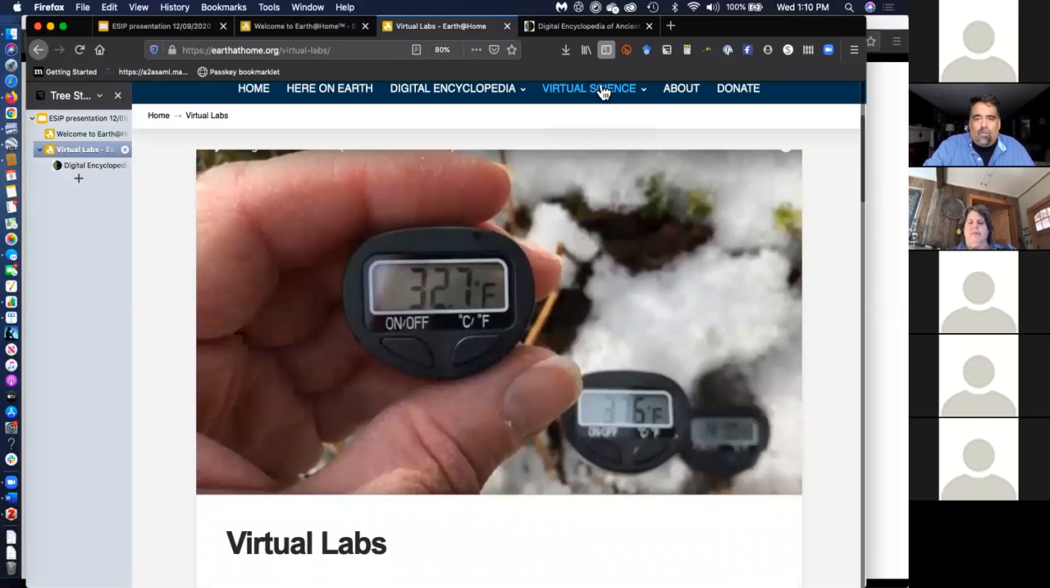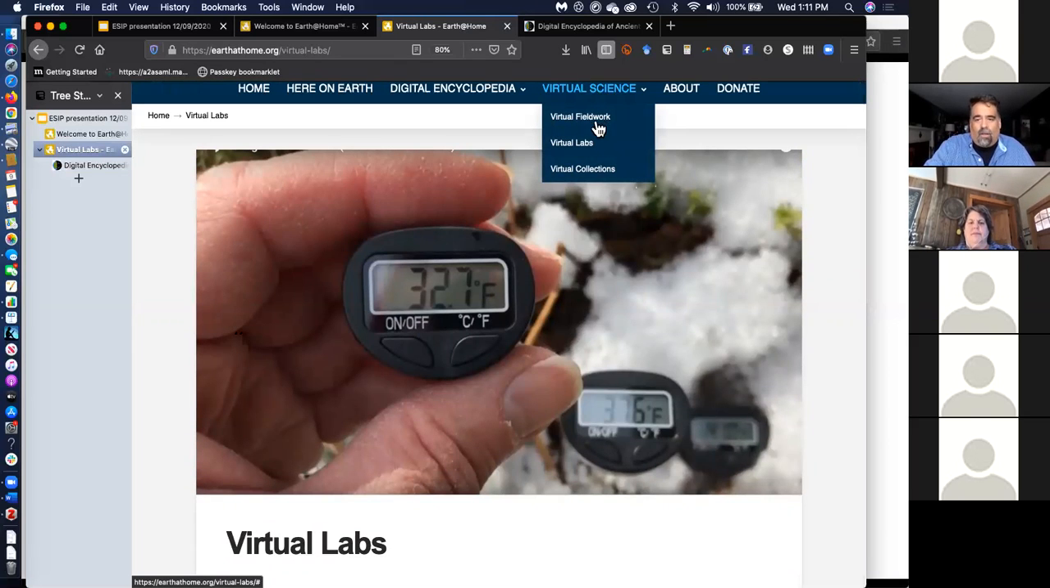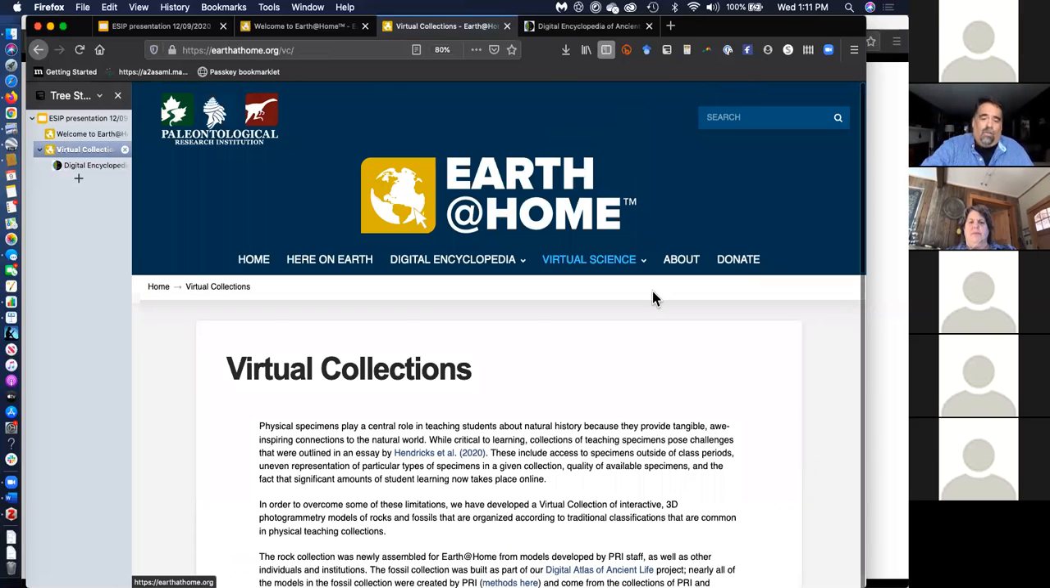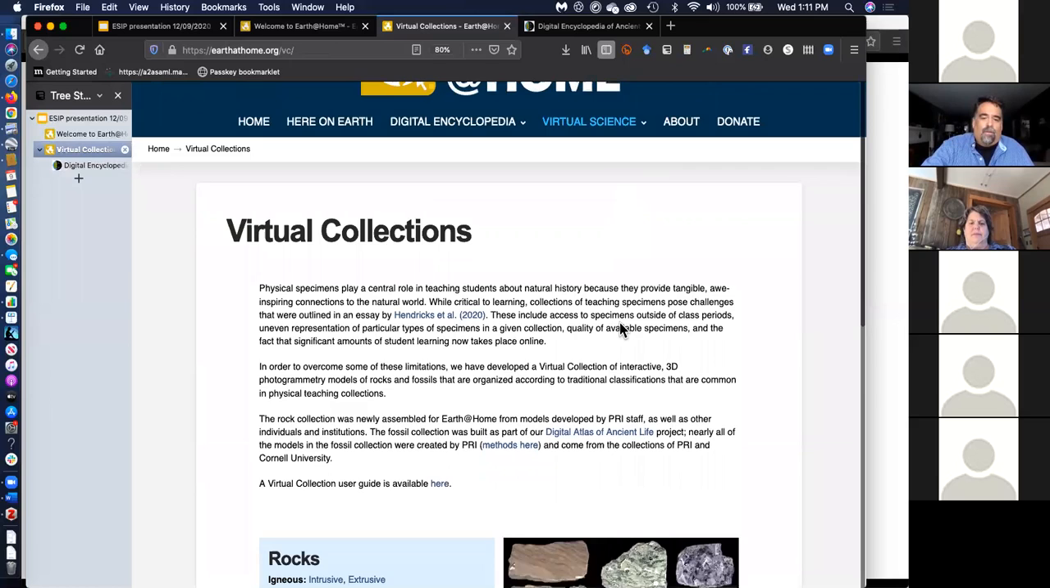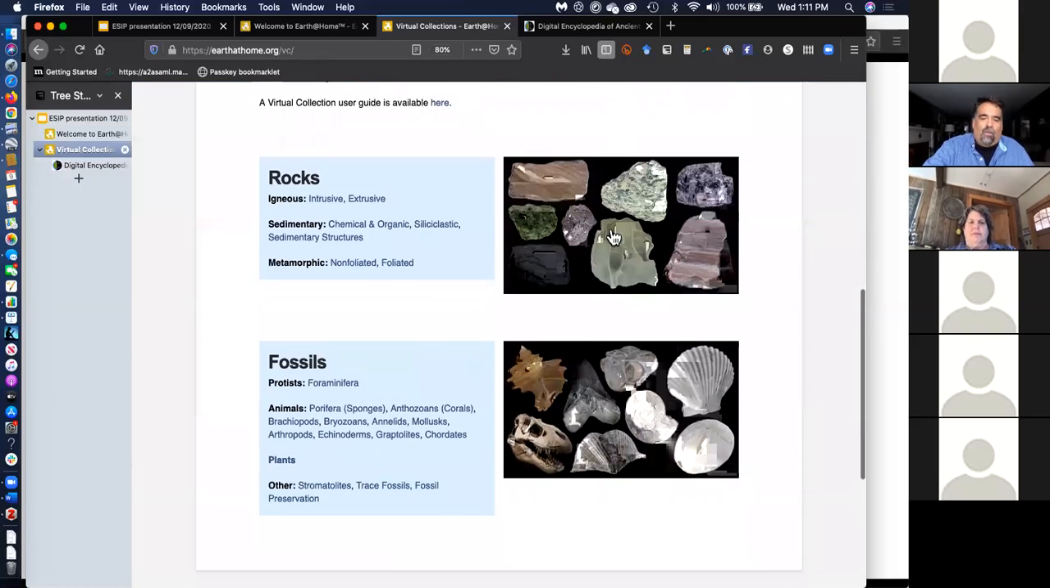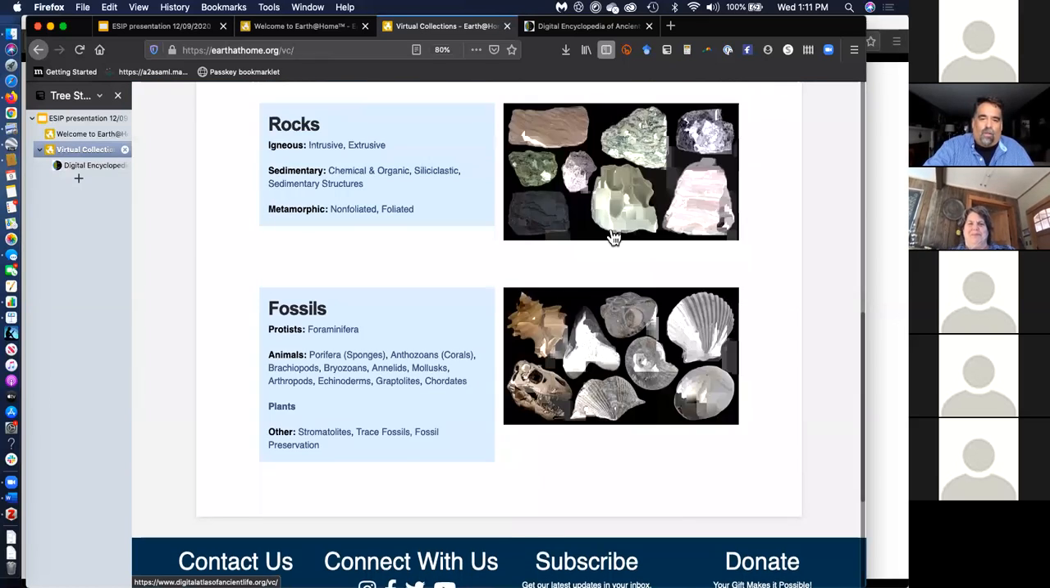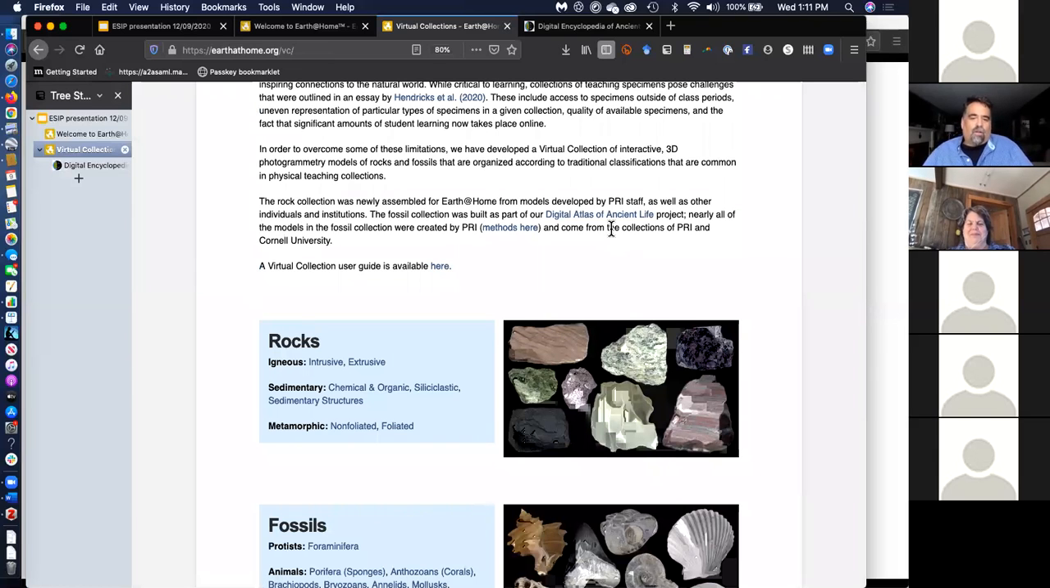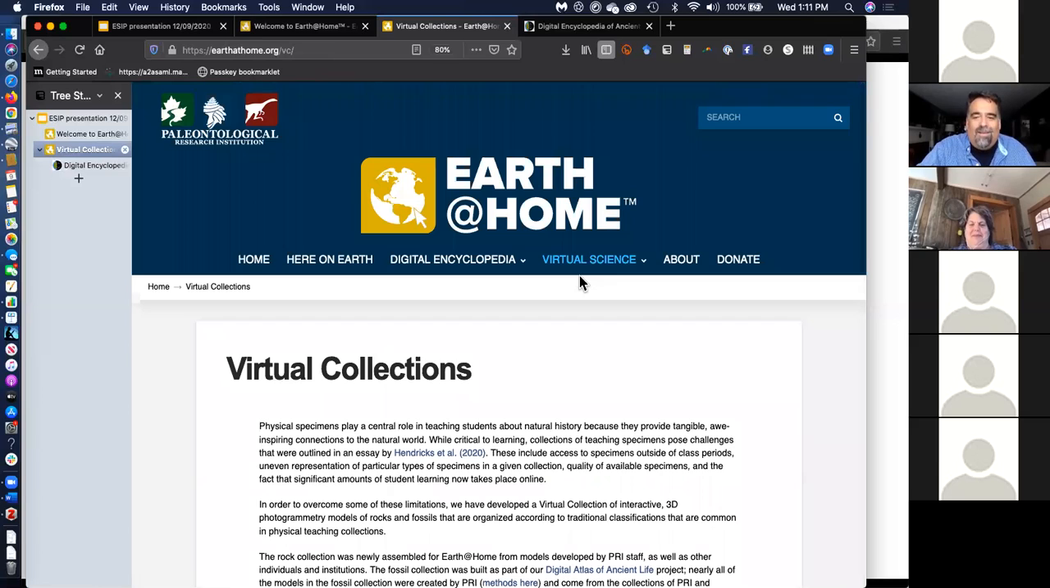And more will be coming here that is, as I said, fairly new. And we've got virtual collections, and we've got rocks and fossils, lots and lots of fossils, and a growing collection of rocks. And that is the few-minute flyover that may have been even quicker than expected,